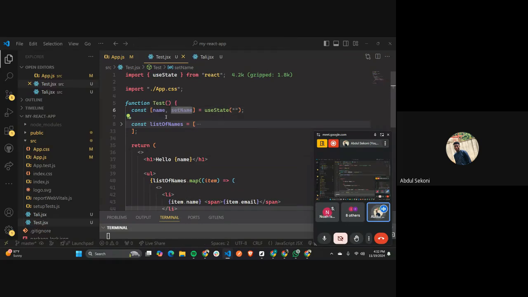This next one, if I hover on name now, you can see it's just giving me string. Why is it giving me string and not object or array? It's because in my useState, I gave the default value to be what? A string. If I change this now to an object and I go back and hover on name, it is now an object. If I save this now,